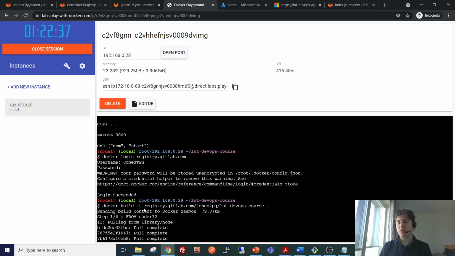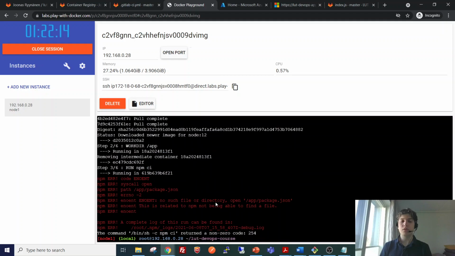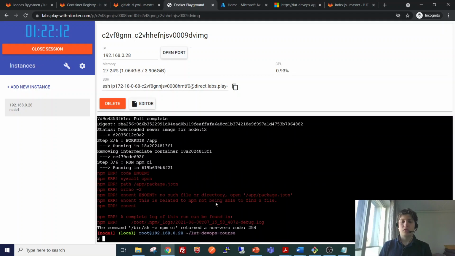So this builds the image locally, but it has the tag that is referring to gitlab.com. So when we push the image, it will automatically know to search for this registry and push it there instead of some other registry. Let's see.